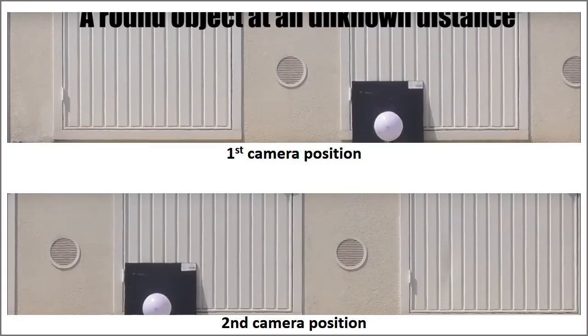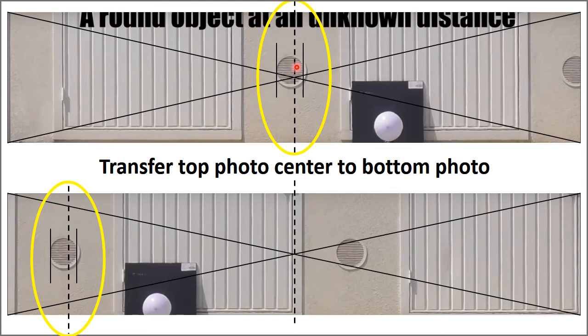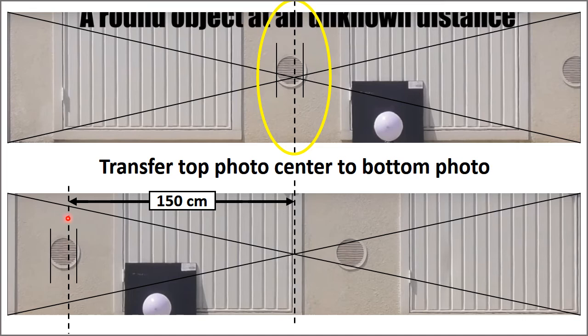Next, I took 2 full width cutouts of the camera in the first position and the camera in the second position. Next, I found the center of the photographs, and I noticed that this line here went right through this vent, which is located on the lower left over here. I added 2 vertical lines on each side of this vent. I copied all 3 of these lines and pasted them down here, and then aligned them so they were in the exact same position. And now I know that the distance between this line and this line should be 150